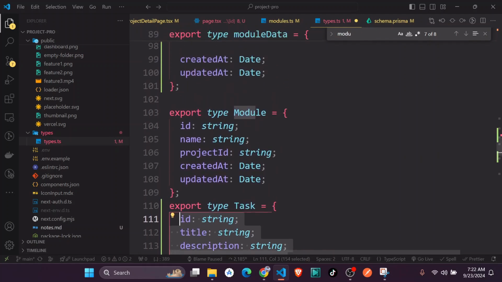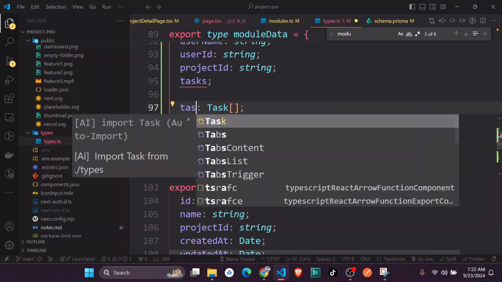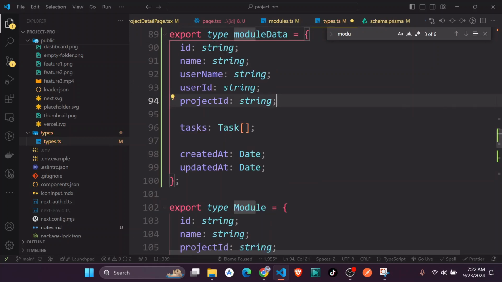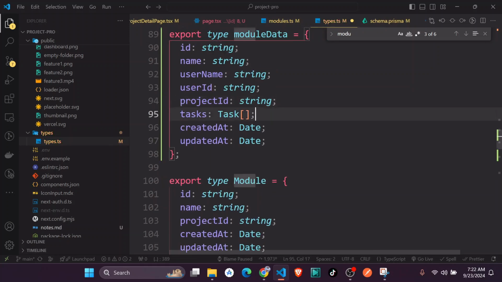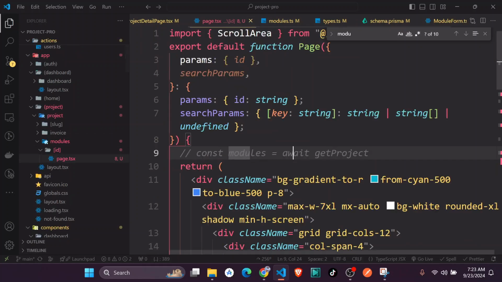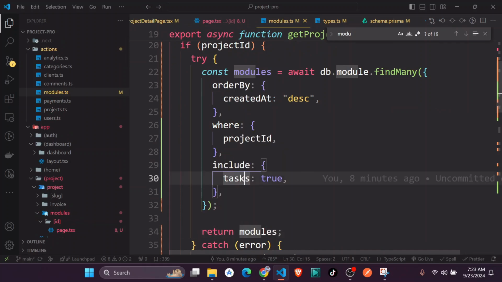So we can just come inside here and say it is going to have the tasks. Okay, this is how it is going to be. The module data is of this type here. So you can just go back to this module, and since I think we included almost everything from here,